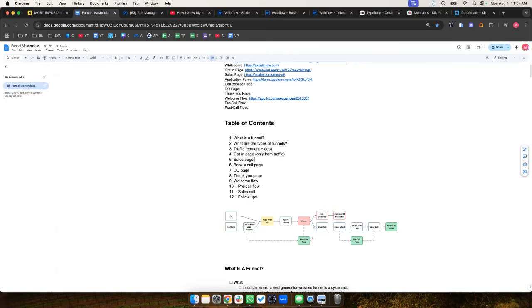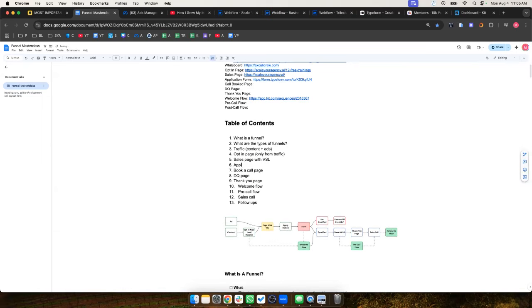We have a sales page with a VSL. We have the book a call page. Then we have the DQ, which stands for disqualification page. I'm actually going to put application form in here. So if they go to the page, they read it, they watch the VSL, they think this is for them, they'll submit an application. If they're qualified, they'll go to the book a call page and book a call. If they're disqualified, they'll go to a DQ page where there's a few possibilities.